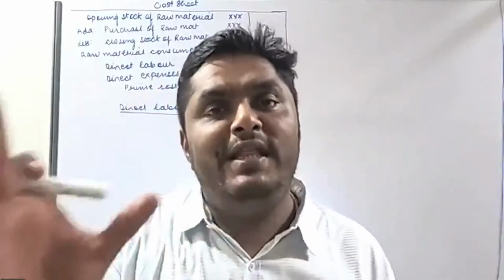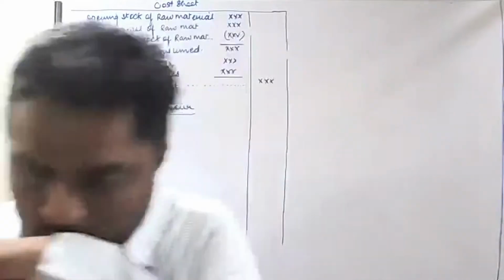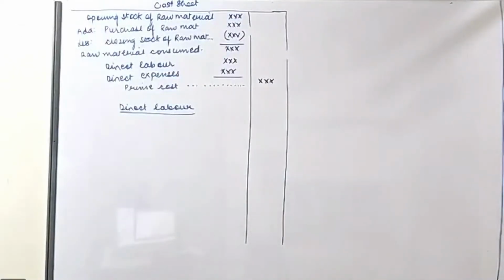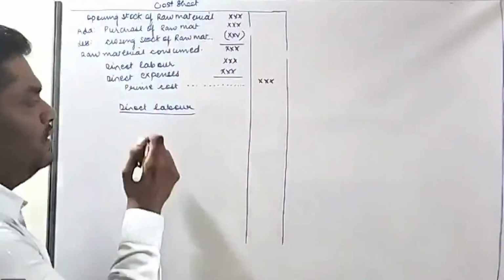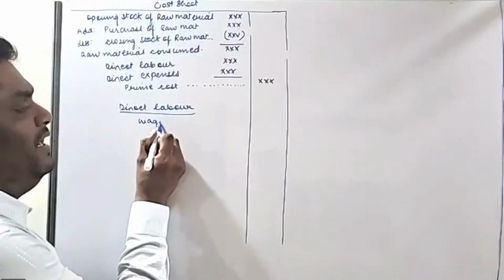So everything will form part of direct labor cost. Apart from the direct wages paid, there are many other allowances, incentives, or any sort of benefits in the form of bonus or whatever it is, that will also form part of the labor cost. So we can say the wages that are paid in cash